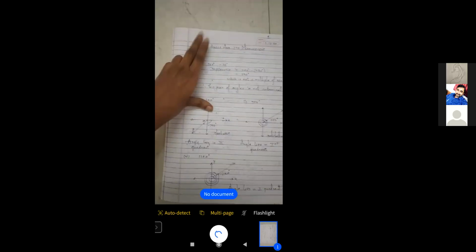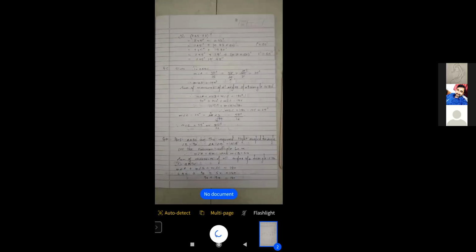Your name, roll number, and batch should be written. At this end you can write your name, batch, and roll number, and make sure you don't forget to write the page numbers, because that is a must. If by mistake your paper gets shuffled, at least the teacher will know the order. She will come to know the order according to the page number, and she can easily correct it. So this is my second page I'm clicking. Make sure the page is very clear. And I'll take my third page.